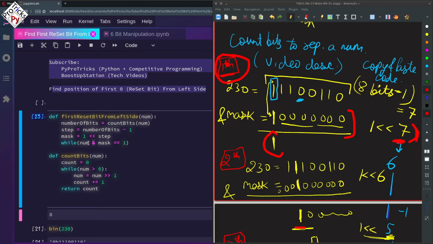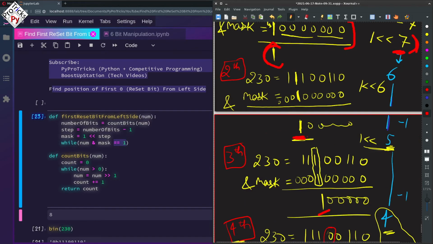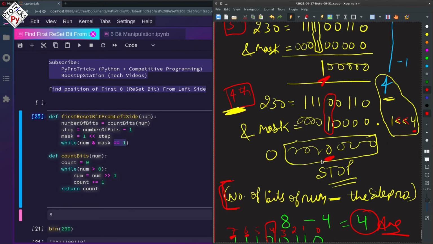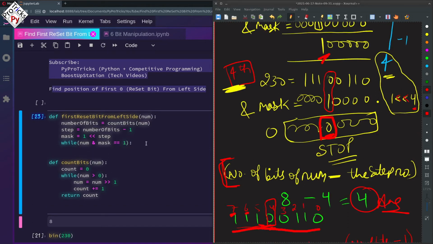So the AND operation of num and mask is equal to 1. Until that time we are going to proceed. You can see right here 1, again 1, again 1, and now it becomes 0 in the last step. So that's why we exited from the while loop. This is what this while loop is going to do.